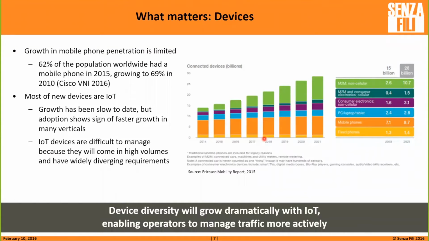Another thing is devices. Now, the clear scope for growth is on the other devices, on non-phone and non-laptop devices. There's just so many people out there. A lot of the world already has a phone, so the potential for growth in mobile phones is limited, but there are all the new IoT devices, and they create a lot of opportunity because it's a very different service. At the same time, optimizing the network for those devices is going to be a challenge